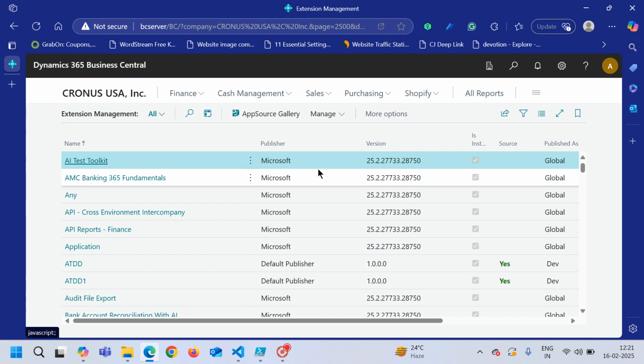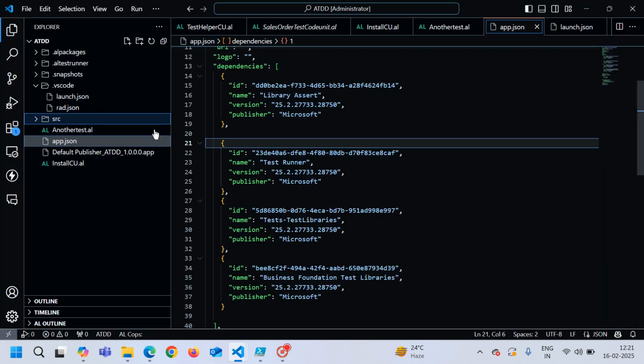Today in this video we will learn about the concept of running the test cases in the Business Central container. So initially I have just installed two sample apps. One sample app is ATDD and the second one with the name ATDD1. And if you want to see the code, you can see that in this ATDD app I have